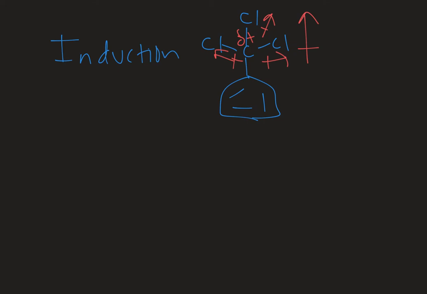So if we make a list of electron withdrawing groups, we'll start with the most electron withdrawing group. That is the nitro group that I showed you in that first example. It has a full positive charge on the nitrogen. It's really pulling a lot of electron density out of the ring, and it can do that via resonance. Next up, you have this SO3H group. So a sulfonation reaction would produce a substituent like this. And that sulfur has a resonance contributor where it has a full positive charge on it, and it also pulls electron density out of the ring.